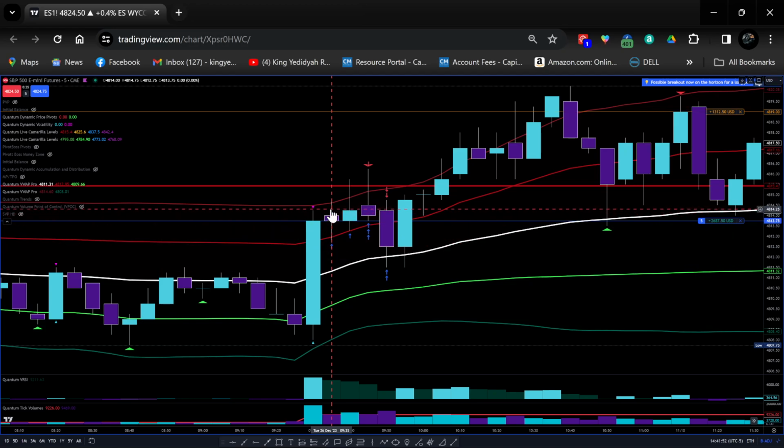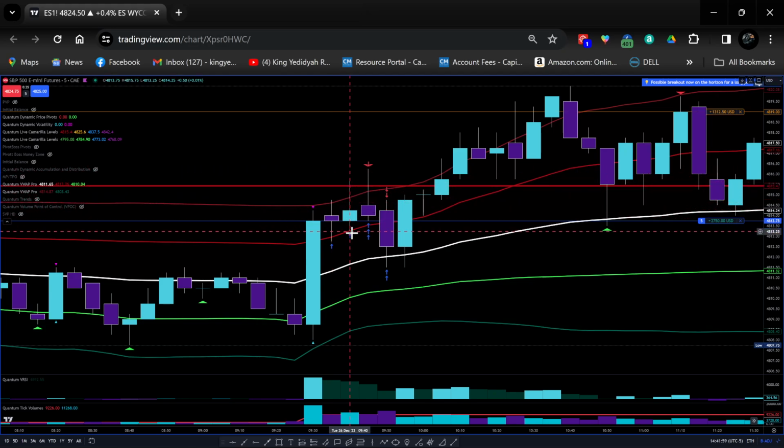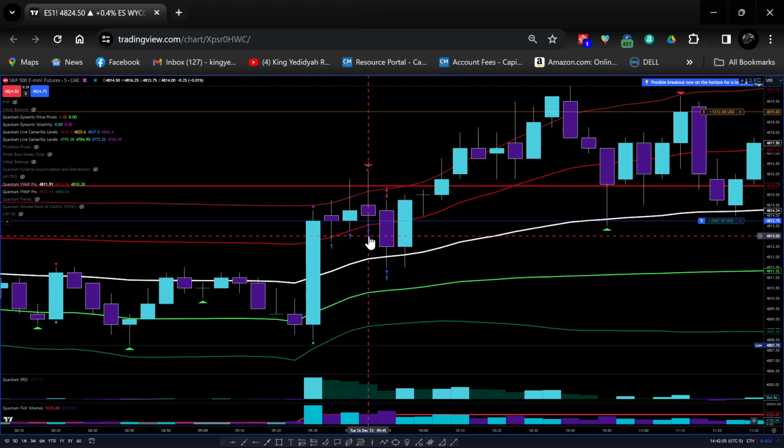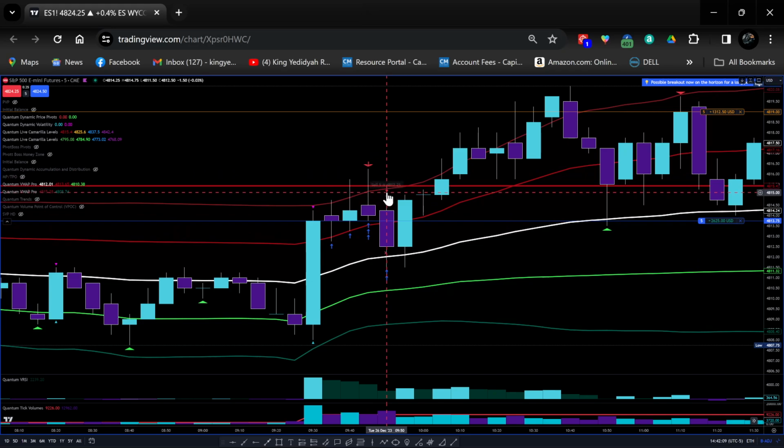and I entered at roughly this area right here, right? So we ran into the upper deviation, came back. I added again here when we broke above this upper deviation, added a couple times more above this upper deviation, and then eventually stopped out when we came back to VWAP, right? So now when we got support at VWAP, I entered long here a couple times again at this level